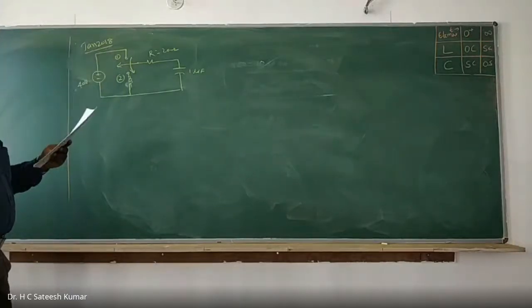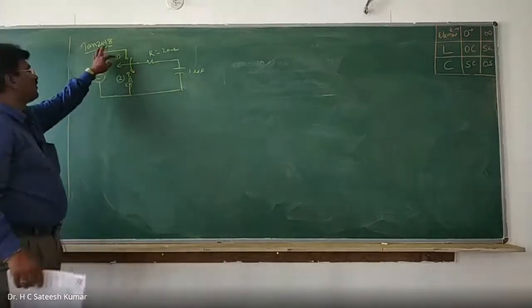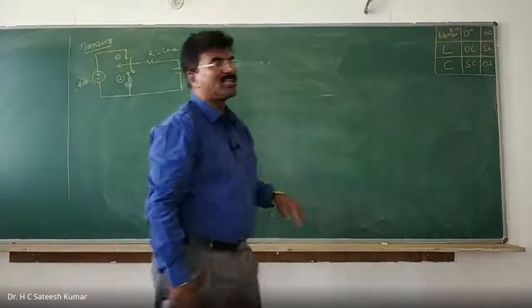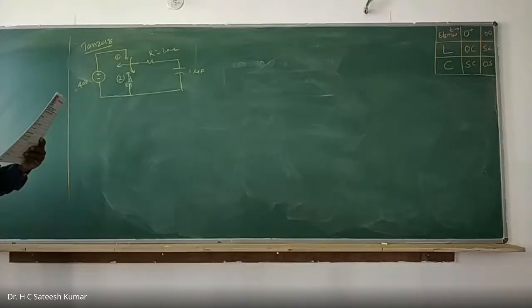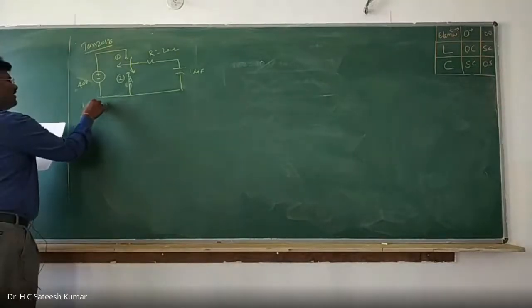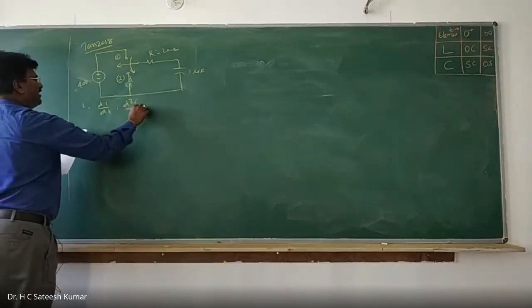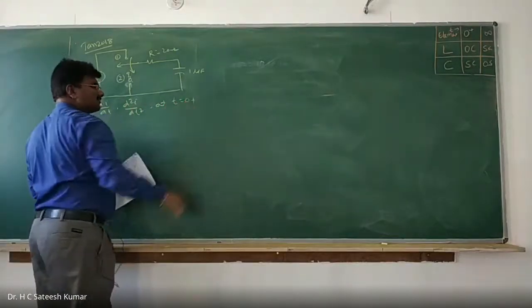Okay, right? Yes, given that also. The switch is moved from position 1 to position 2 at t is equal to 0. The steady state has been reached before switching. That means before changing this position, it has reached the steady state. Now, I will have to use the second column for steady state. Okay, right. Now, calculate the i, di/dt and d squared i divided by dt square at t is equal to 0 plus.